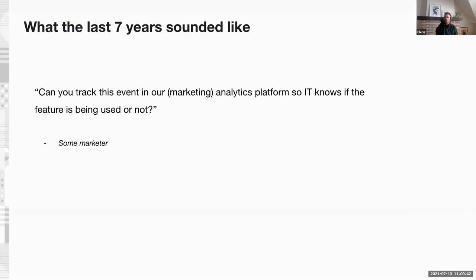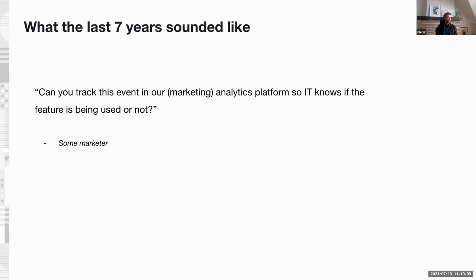Now, every once in a while, I would get the question from my point of contact: hey, Joe at IT deployed a new version of some page where a new feature was added or a button was swapped out, or we have a new form field that was generated. Could you add a couple of events through the GTM to ship it through GA or any other marketing platform, just to make sure that we capture what's going on and if it's working? Now, all of that makes absolute sense, right?